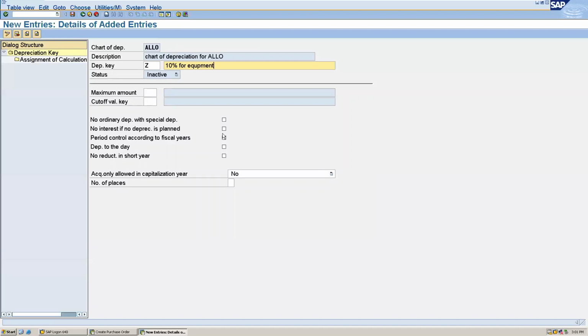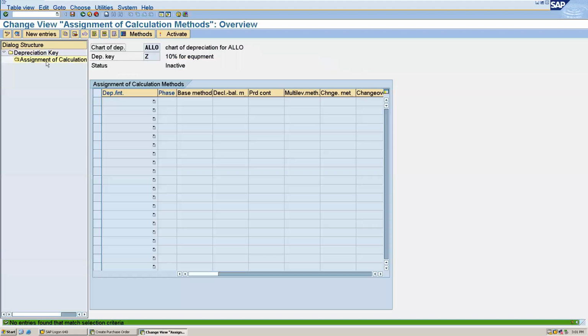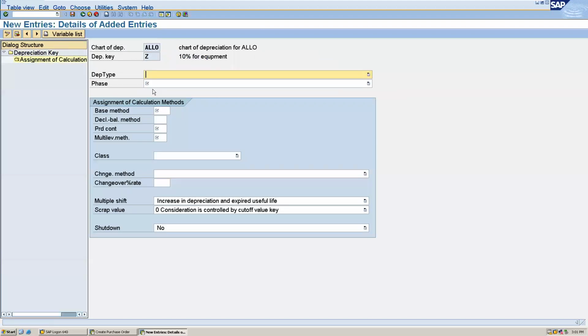Okay, tick the period control, same fiscal year we are maintaining, and depreciation to the day. And after that, assignment of calculation methods, new entries. And here the depreciation type, that is ordinary depreciation.